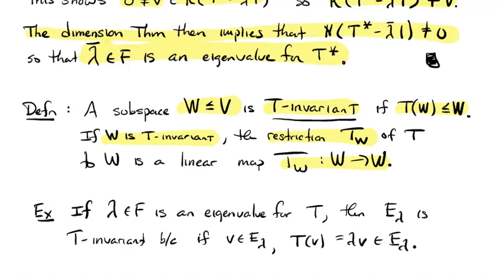So if you like, a T invariant subspace is one in which the restriction to it is also a linear operator on it. Just as a real quick example, if you take, say, an eigenspace for an eigenvalue called lambda, that eigenspace is T invariant. Well, because T of v is lambda times v, and any scalar multiple of an element of a subspace is again in that subspace. So eigenspaces are T invariant subspaces. Okay,